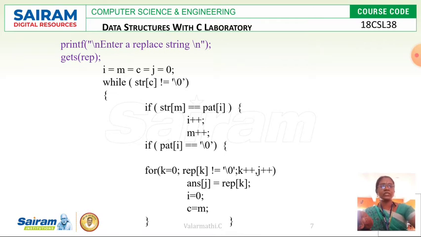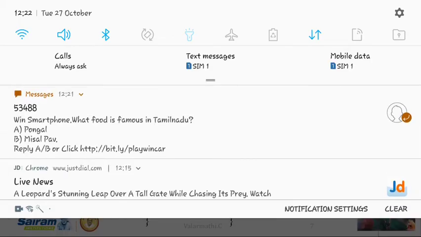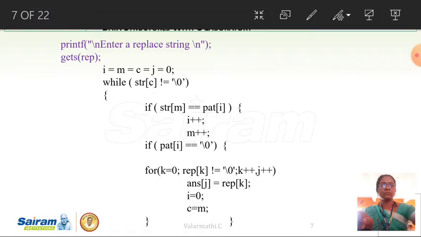Before starting the looping, all of these temporary variables, that means i, m, c, j, are initialized to 0.